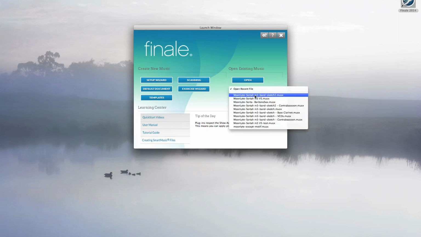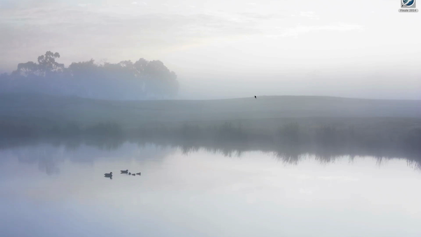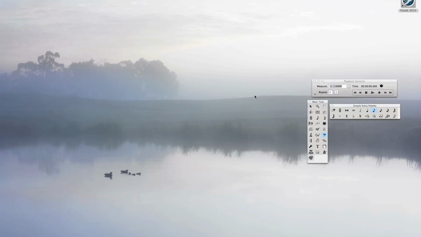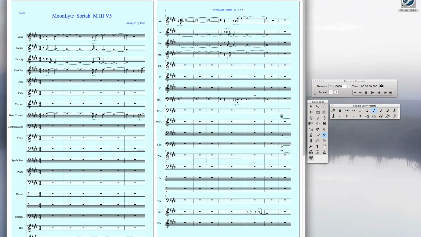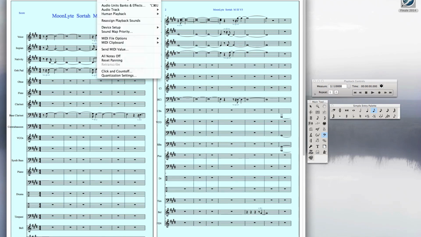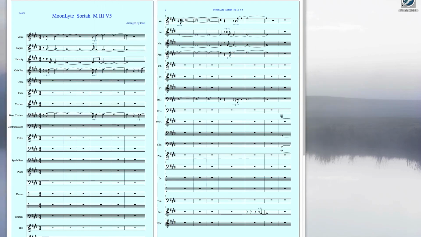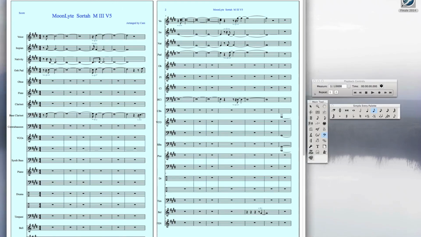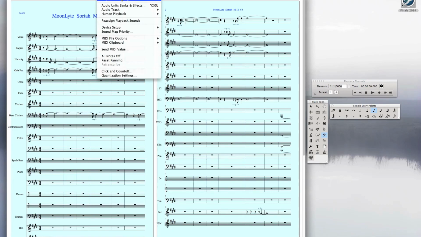So I'm just going to bring up something that I worked on recently, a song I'm messing around with right now. One of the first things you want to do, once you've got all of those devices set up, is the MIDI setup in Finale, and you make sure you're set for Play Through MIDI. That's important. So we make sure we play through MIDI, and then we go down here to